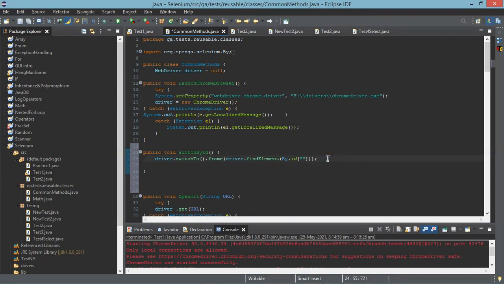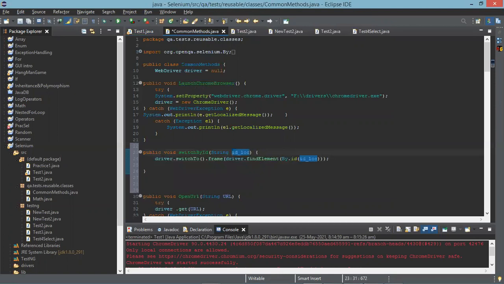No, don't give double quotes. Remove the double quotes as well. Say ID locator, LOC, ID underscore LOC. Copy that ID LOC and give it in the open and close of the previous method name. Inside the method name, give it as string ID LOC. Right, now the method is confirmed for you.